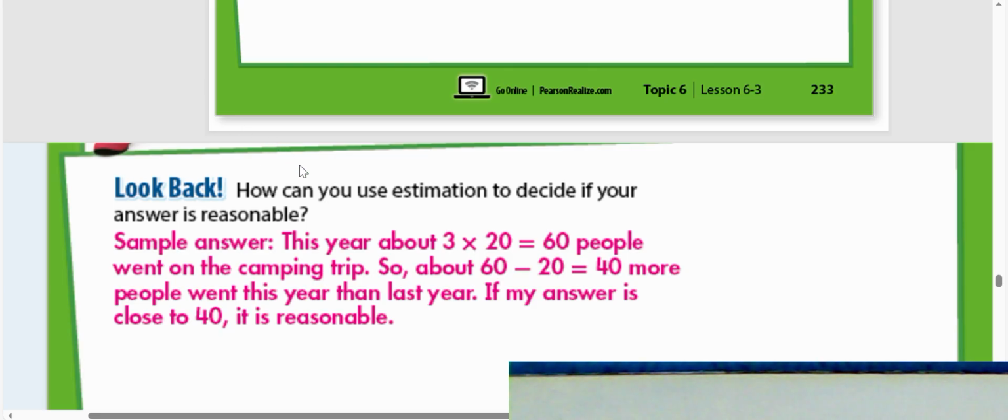Look back and how can you use estimation to decide your answer? About 3 times 18, 18 is nearest to 20, then 3 times 20 is 60 people. 60 subtract 20 equals 40 more people went this year than last year. If my answer is close to 40, it is reasonable. Okay,